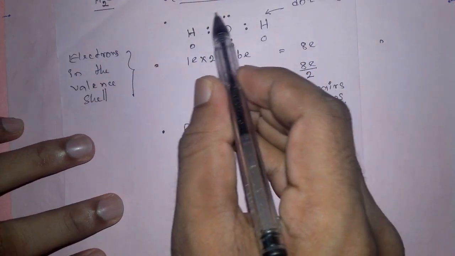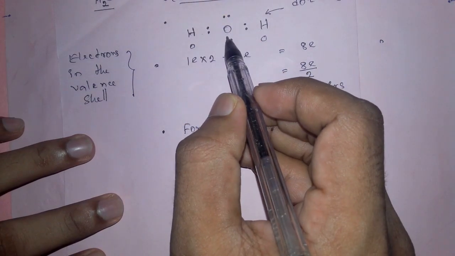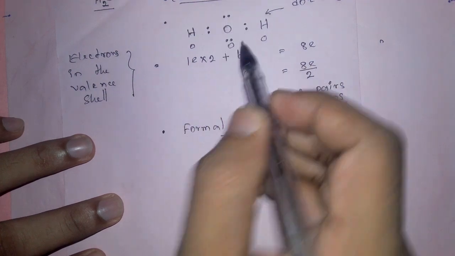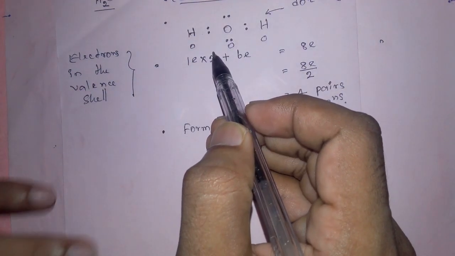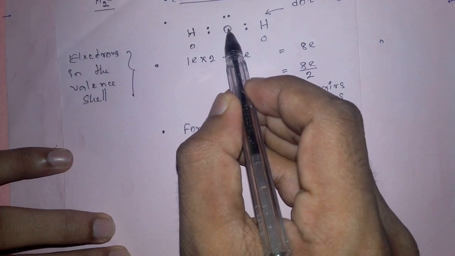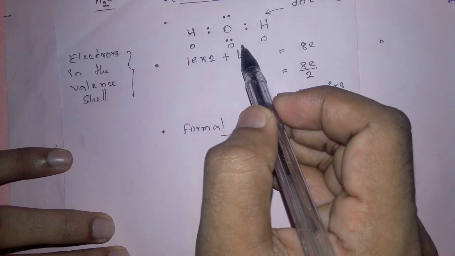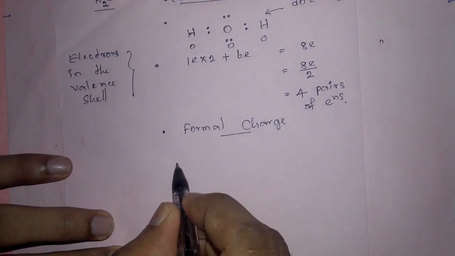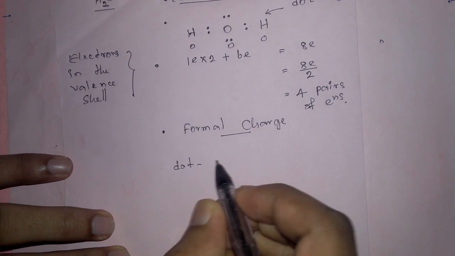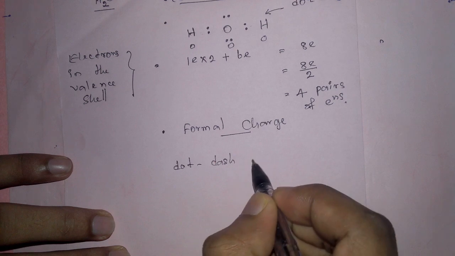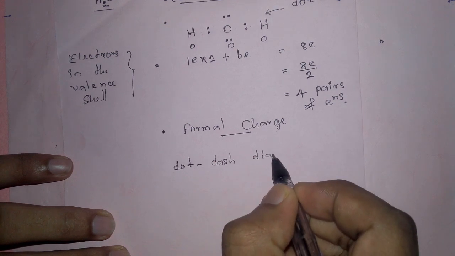You can see there are electron pairs around the oxygen atom. There are 2 types of electron pairs called bond electron pairs and lone electron pairs. And when drawing Lewis dot dash diagram,